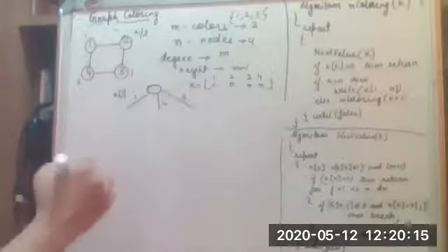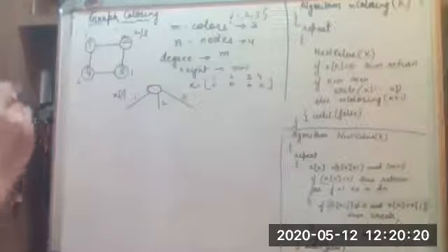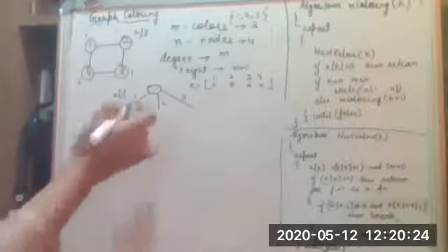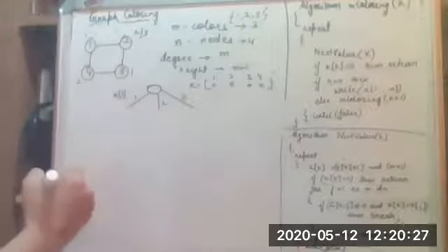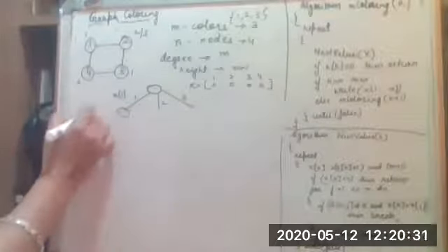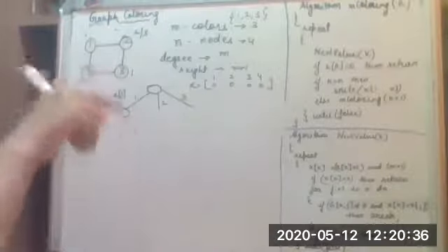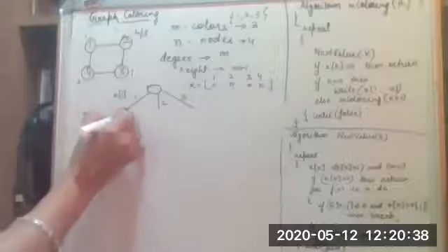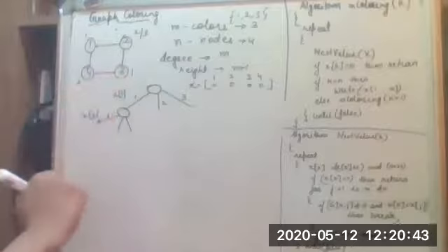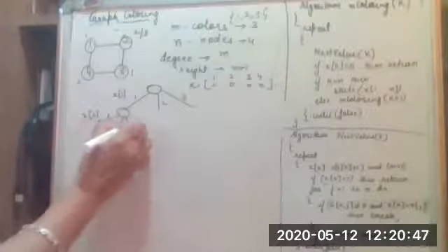Yes. So right now, because our state space tree in backtracking is using a depth first search, we'll consider x1 equal to 1. And from there, what we need to now know is for the x2. So x2 can have what all values? It can have 1, 2, and 3. So when it has the value 1, we know it is not a feasible solution because it does not satisfy the criteria. It can have the value of 2 and 3.